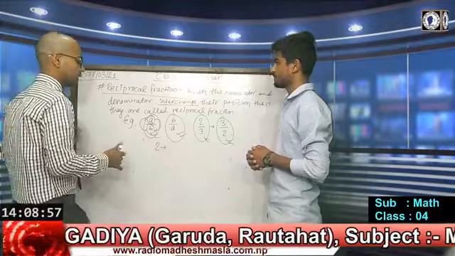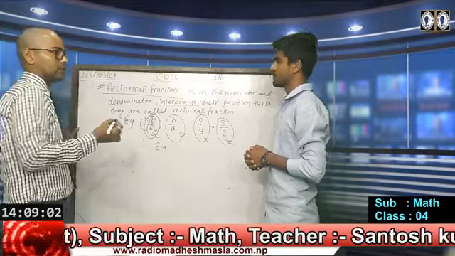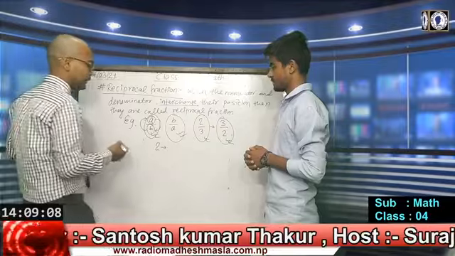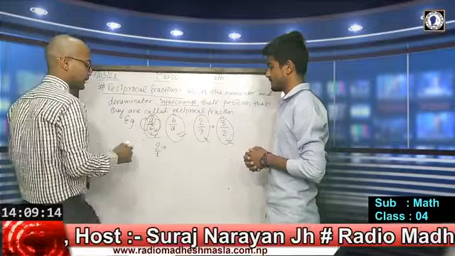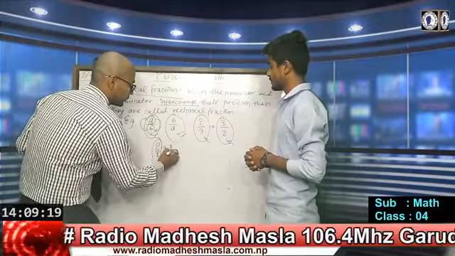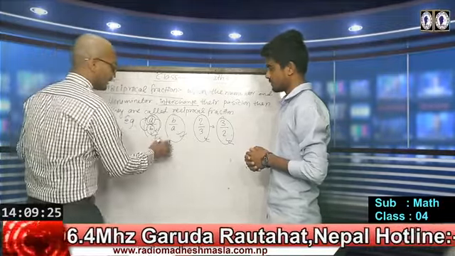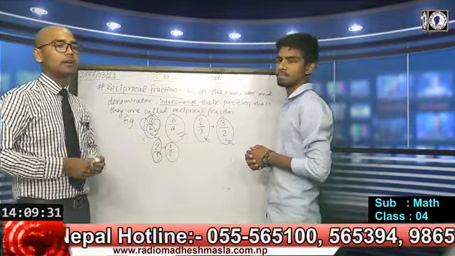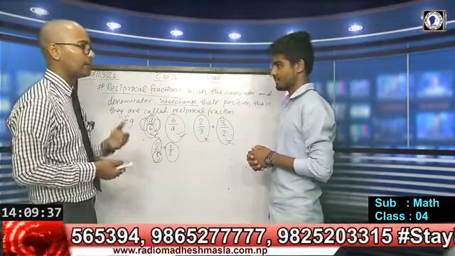In that situation, as we know, all the integers are rational numbers. That's why we can suppose 1 as the denominator of 2. Then we interchange them, so 1 goes to the place of 2 and 2 comes to the place of 1, and the fraction becomes 1 by 2. So if you are given any whole number, you can directly put 1 as the numerator and the given number as the denominator.